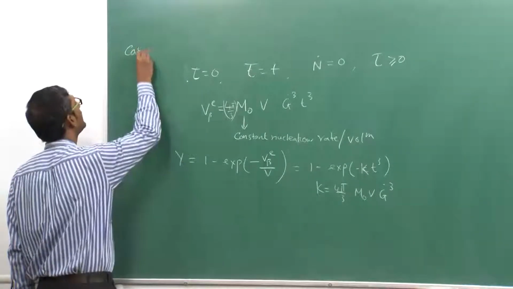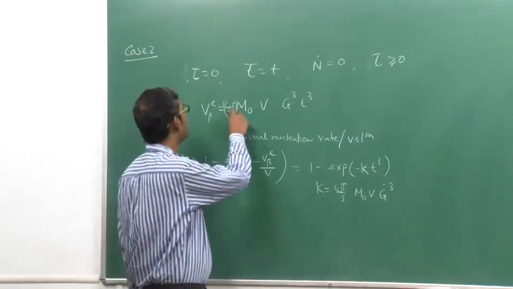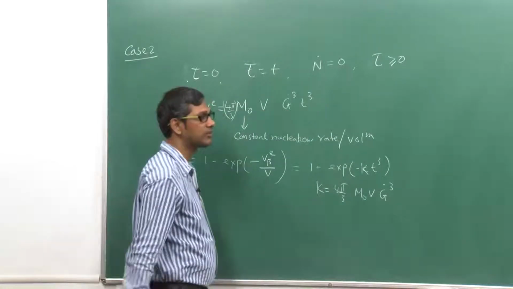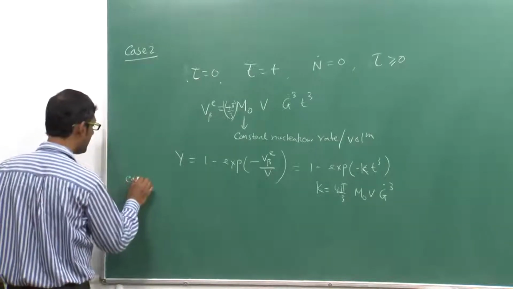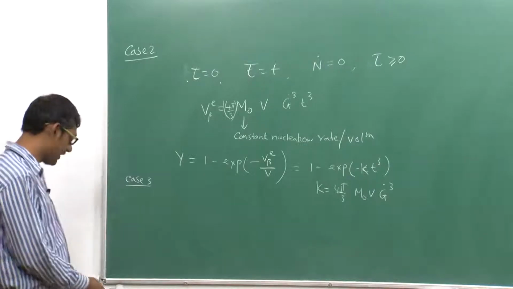This I write as case 2. Case 1 I have already told you. Case 1 is basically where this is pi by 3 N dot v G dot t to the power 4. That is what I have discussed just now. And case 3 is basically a situation in which both nucleation and growth are involved. So, case 3 is